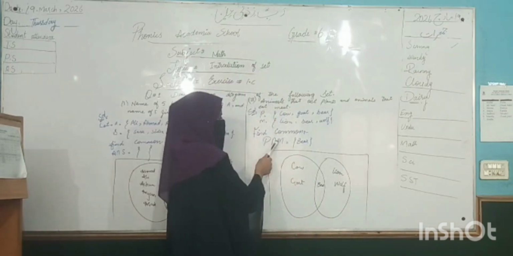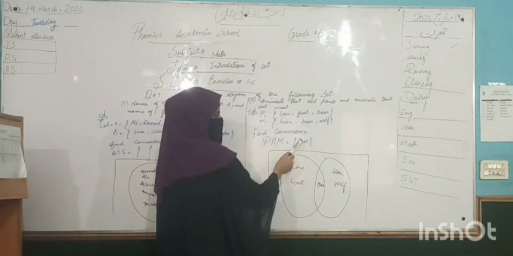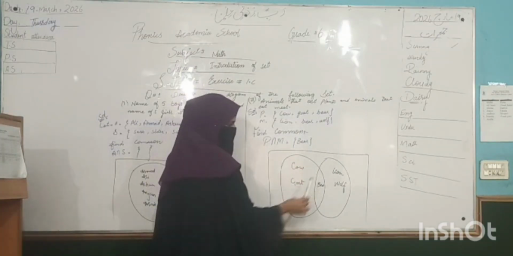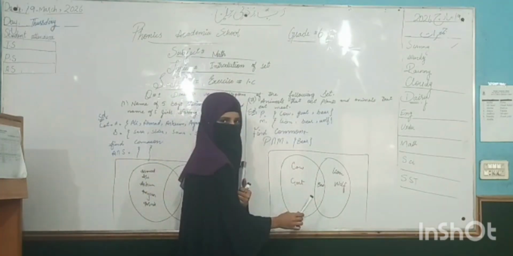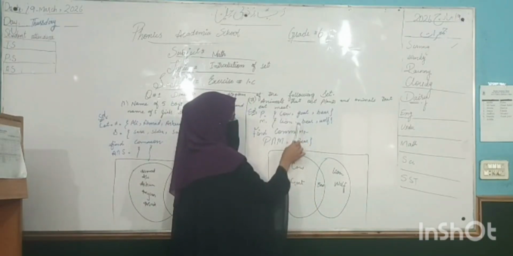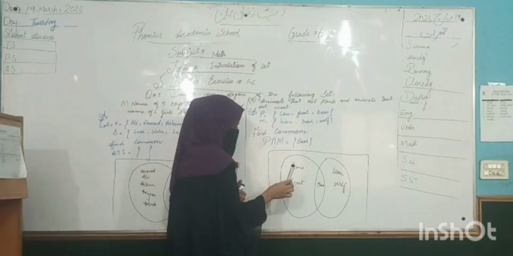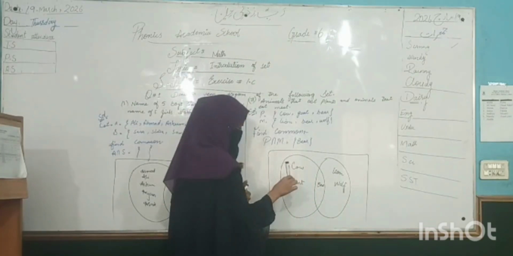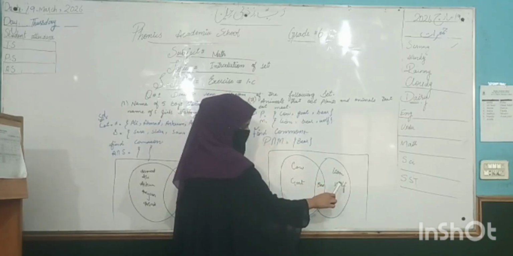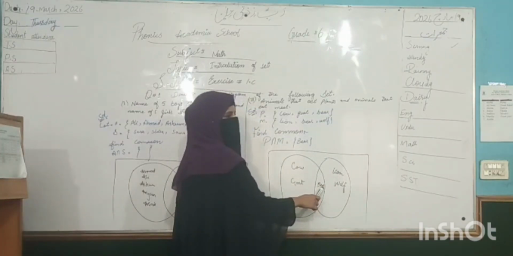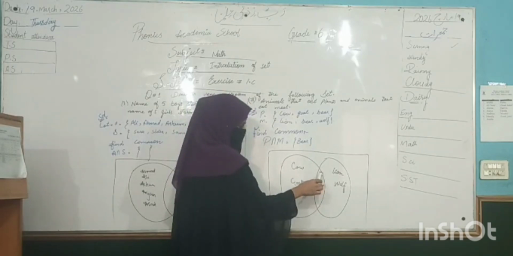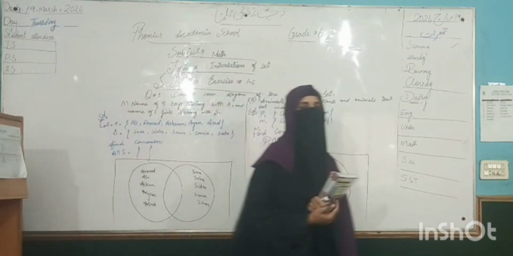So this is the set P intersection M. The common element is a bear on both sides. So when you make your Venn diagram, on a rectangular base, make two circles joined to each other, and in the common place you write bear, because the bear is a common element on both sides, and the other uncommon elements you write on one side. Plants have cow and goat, and meat has lion and moose. The common element is bear, which eats both meat and plants. So the common element is written in the common place. That is what we call a Venn diagram.